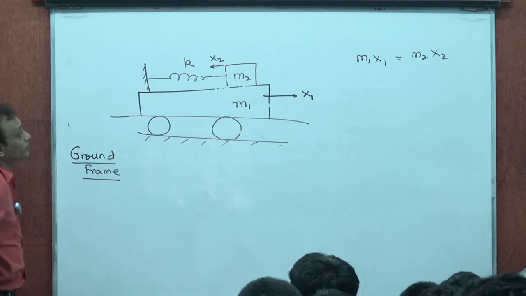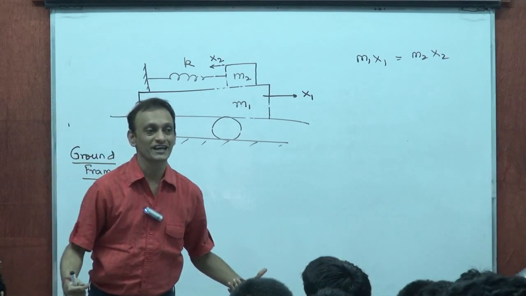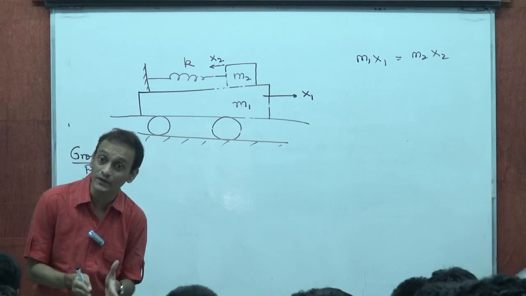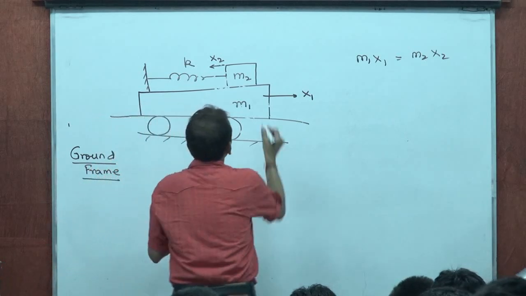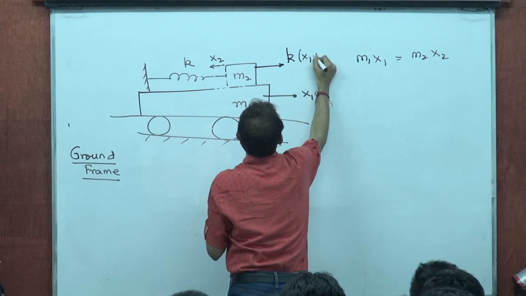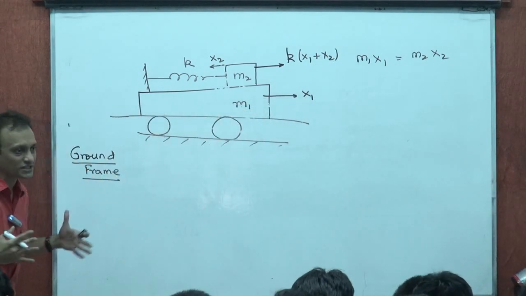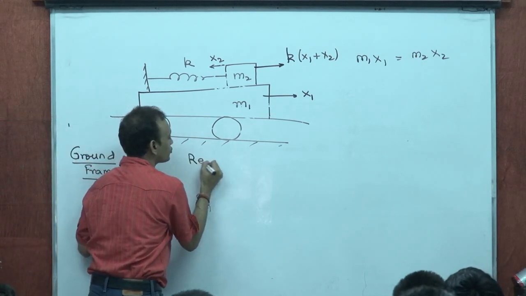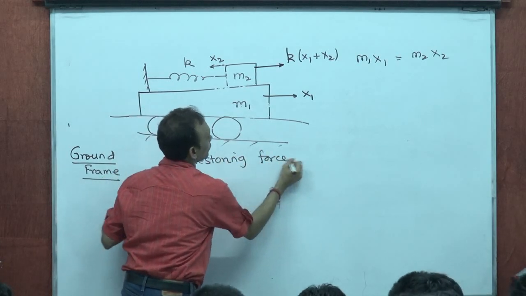Now, by what amount has the spring got compressed? x1 plus x2, isn't it? The spring then would have got compressed by an amount x1 plus x2. Yes or no? And therefore the force on the mass M2 is going to be k into (x1 plus x2) to the right. Restoring force. This is the restoring force, isn't it, on the mass M2? k into (x1 plus x2). So restoring force on M2